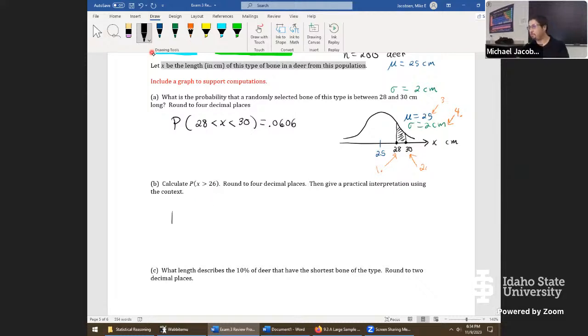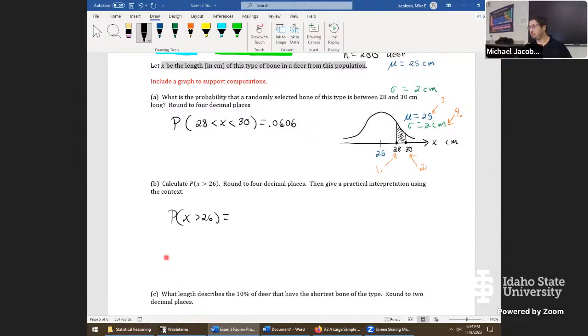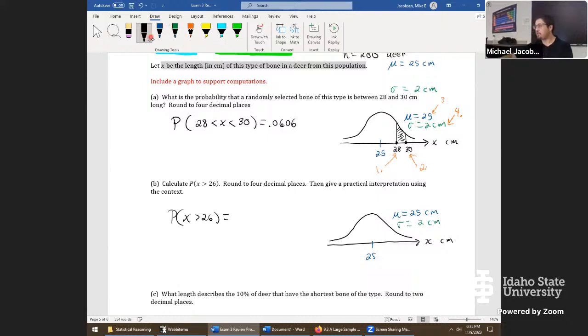We'll start with probability, X bigger than 26. We're going to make it our own. We'll leave the equal sign blank and come over to the right to do the work on finding the value, just by organizing information going inside the calculator. So here's X again in centimeters, 25 in the center. And we want to know the probability that X exceeds 26. Now at 2 centimeters, that's 1 standard deviation, which would be about here. So it looks like this one's not that hard to place. It would be right around here, 26.